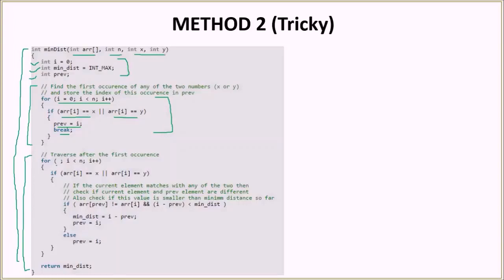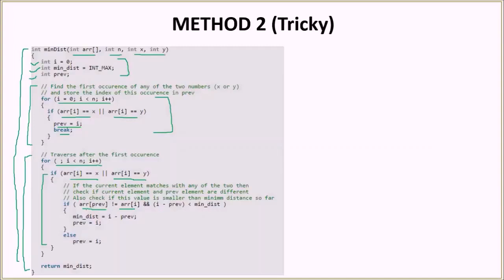Then from that point till n minus 1, we run a loop and we see if array of i is equal to x or is equal to y. If any of those cases is there, then we again check whether it is the same as the previously found element or not.